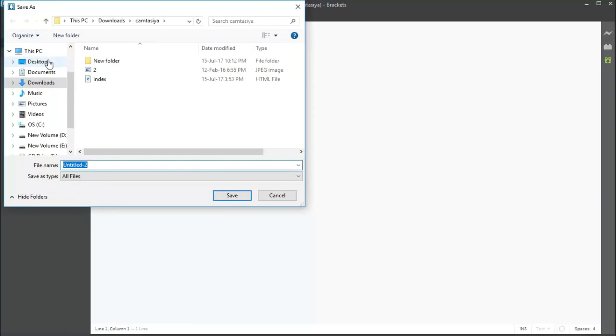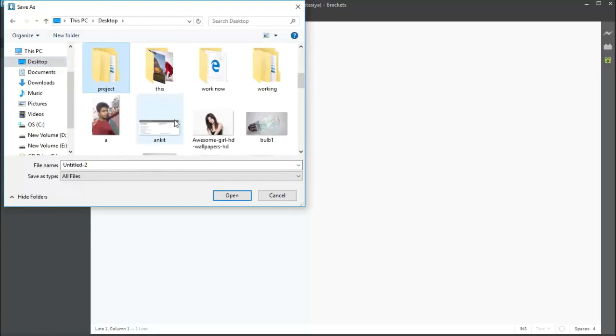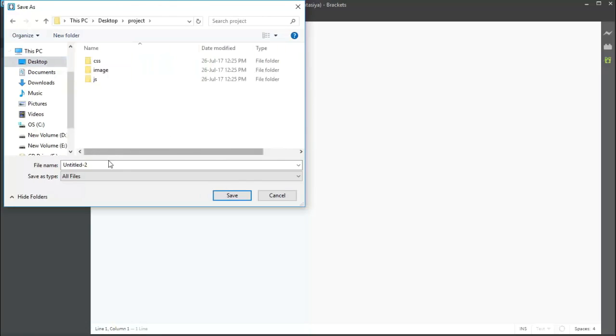Now I'm going to desktop and finding my folder. So my folder is right here as a project. So inside this folder, I am giving a document name like index.html. Why index? Because Google reads the index page first, thereafter any other page. And also Google understands the index page as a home page. Okay. So I am giving a name to it like index.html.